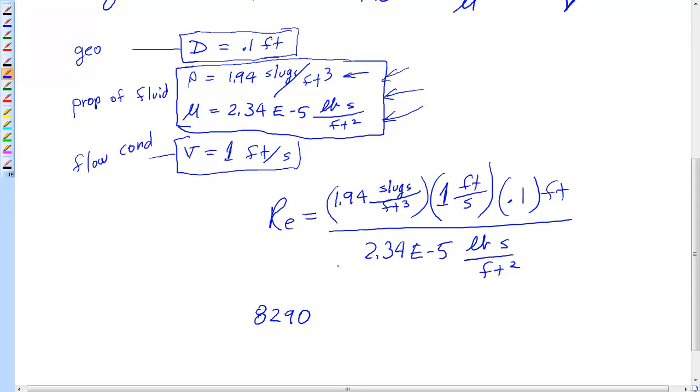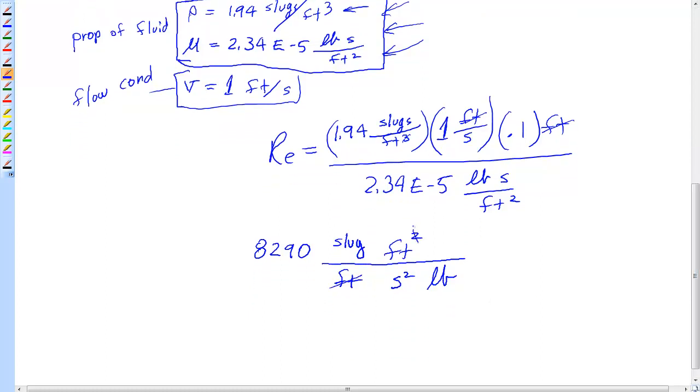This is the key right here. If we're looking at our units, we'll say we have a slug. I'm going to start moving things around, okay? If I have a foot here and a foot here, that gives me just a foot underneath. Now I have a second down here, but I also have this second. To move this foot squared up here, I can end up clobbering some stuff out, but I have a pound under here. So I'm sort of stuck, okay? Now if I knock out one of these feet with one of those,